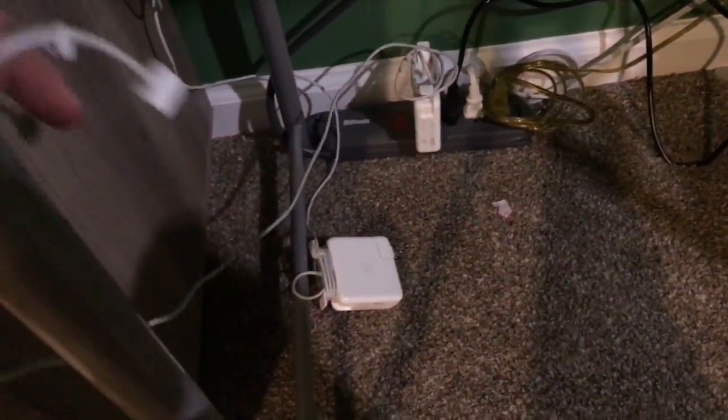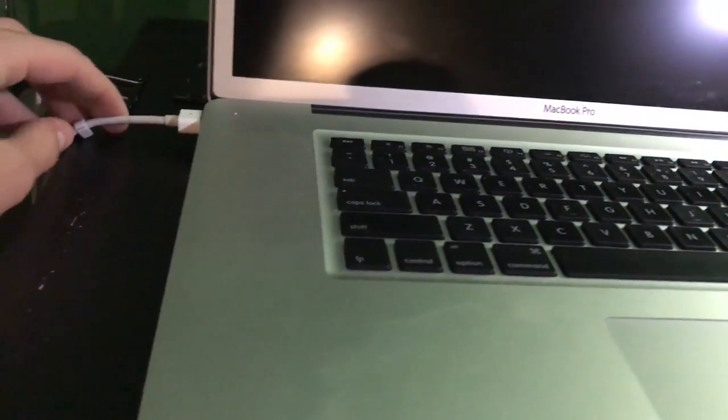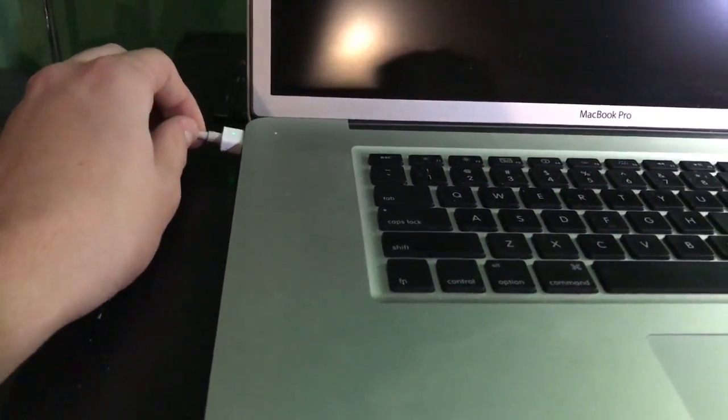I don't know what's causing that. Maybe my power adapter, which I don't know if you guys remember from the Core 2 Duo MacBook I just recently restored. It's got some minor problems. That or...